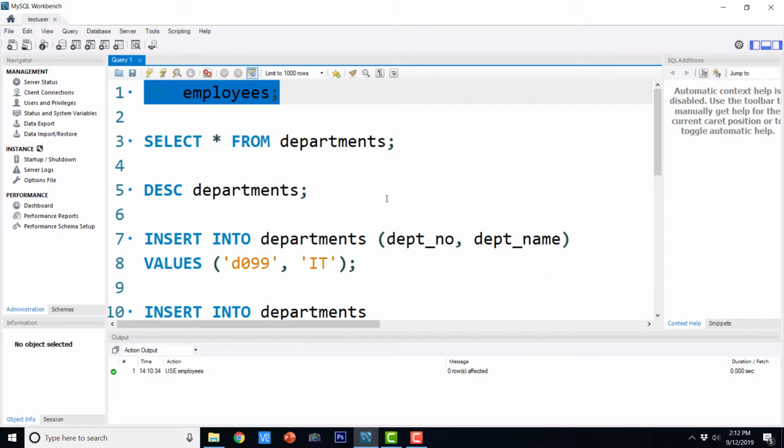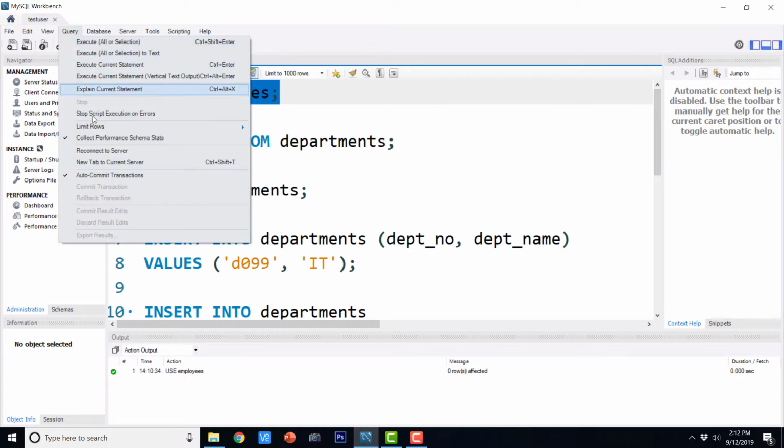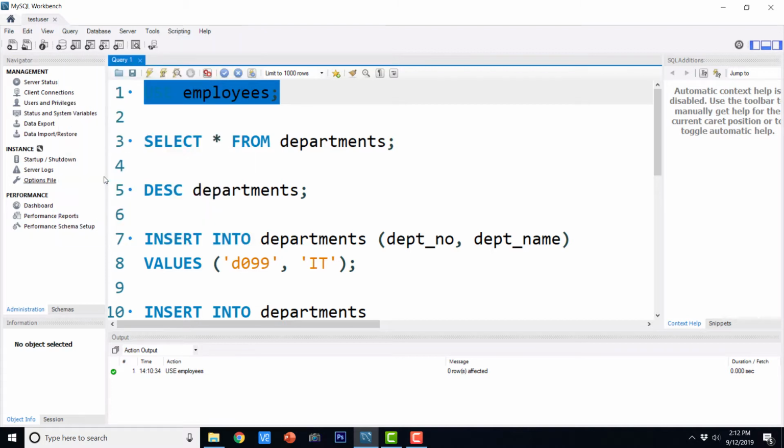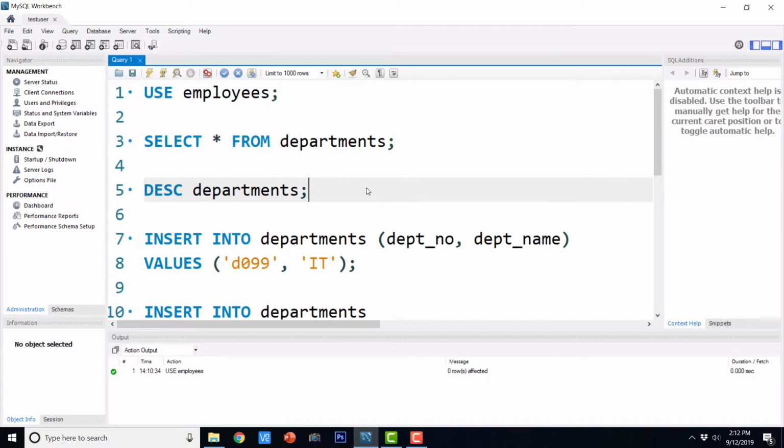Before we go forward, we need to go to database, or here query, and uncheck this option. This is auto commit transactions. So go to the query and make sure that this option is unchecked. This auto commit transaction is going to commit every transaction by default so that you don't have to do a manual commit. But that is not a very good way to handle any transaction,